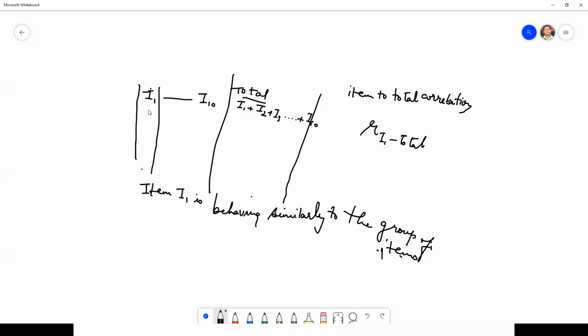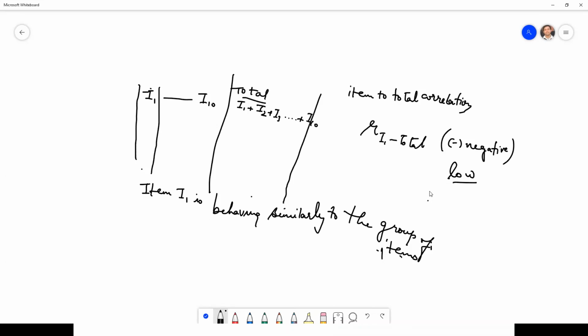Let's say the item to total correlation is negative. What will it mean? It means that this item is behaving opposite to the group of items. If it is very small, then it means that this item has no correlation or very small correlation with the group.